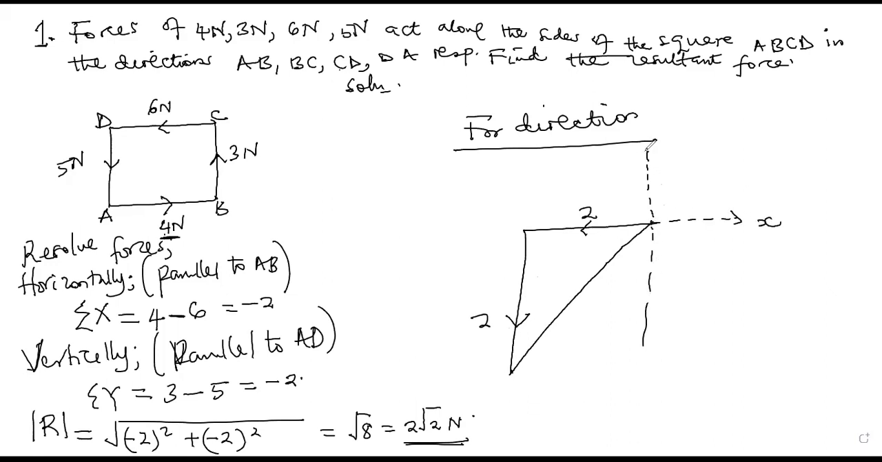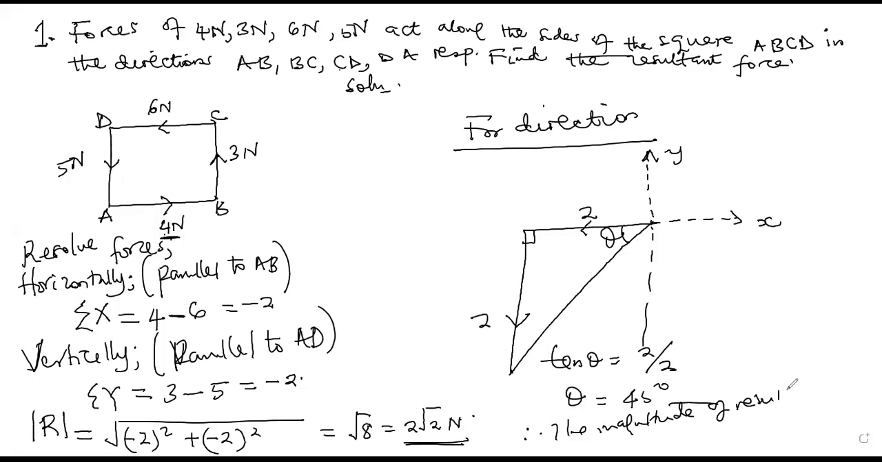Then, of course, you complete it. So this is x and this is y. So if this is 90, I'm looking for this angle theta here. So I'm going to use tan, and tan theta is equals to opposite over adjacent. So theta is the tan inverse of 1, which is 45. And therefore you conclude and say the magnitude of the resultant is 2 root 2 Newton,